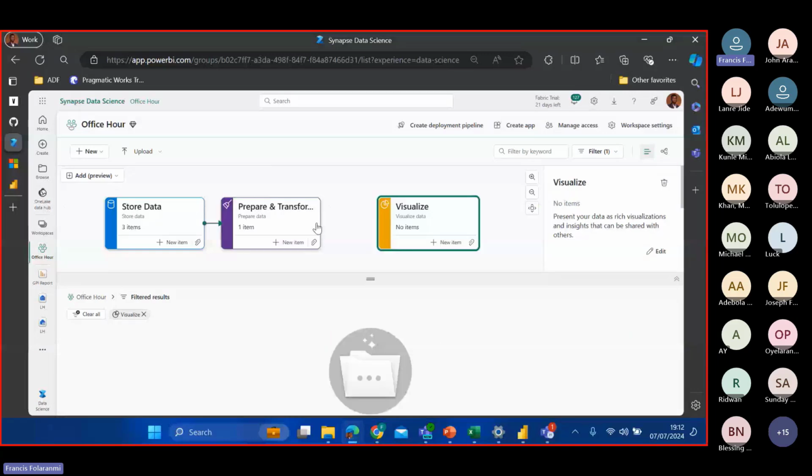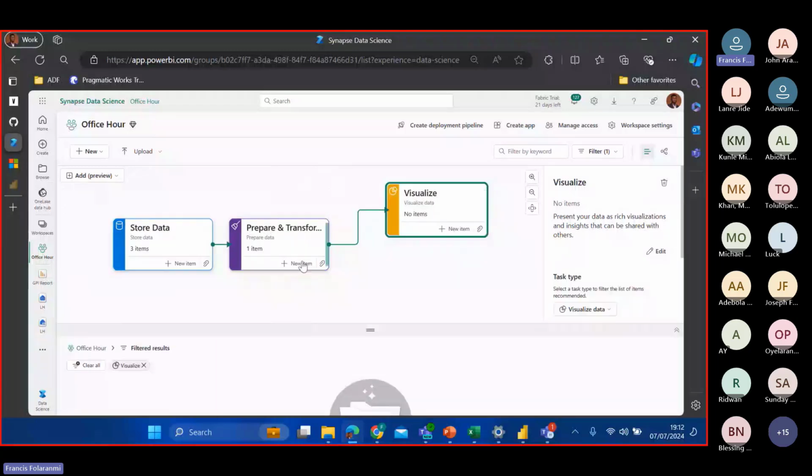Now the last level of this data flow really is going to be the data science part of it. So from here now we have data engineering, we have Power BI, and then I want to add one more flow to it, which is going to be to analyze and train data. If I add this, I can bring it also right in front, and then I can always come here, drag and drop, and point it to the new task.